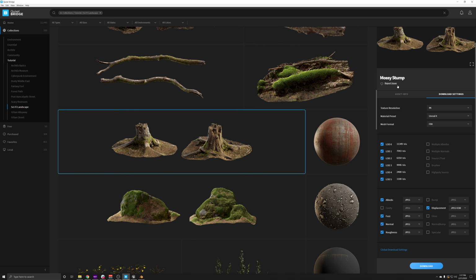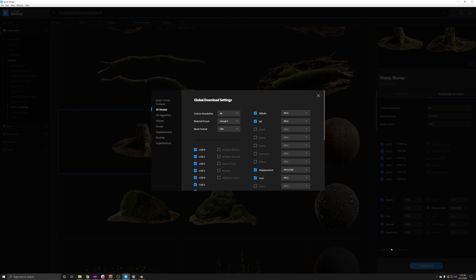So there's two ways that you can adjust your download settings. One is right here after you've selected an asset, or what I would recommend before you start downloading assets is really figure out what your download is going to be used for, basically. So right here at the very bottom of this preview panel, there is a global download setting button. So let's go ahead and click this. In this pop out, we can actually see that we can basically specify what our download settings is per surface or 3D models, if it's a 3D vegetation, so on and so forth.